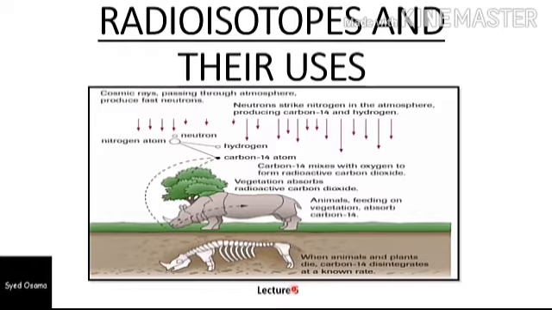Next is uses of radioactivity in archaeological research. Using the technique of radiocarbon dating, the age of earth, fossils, old paints and monuments can be determined. In the radiocarbon method, we determine the amount of carbon isotope that exists in the object to estimate the age of the old paints and monuments.